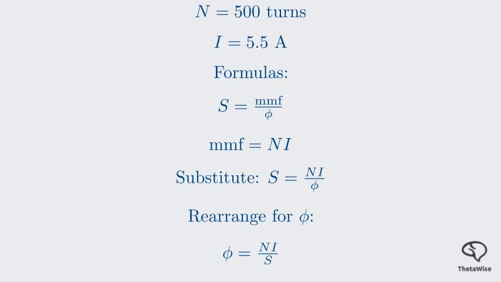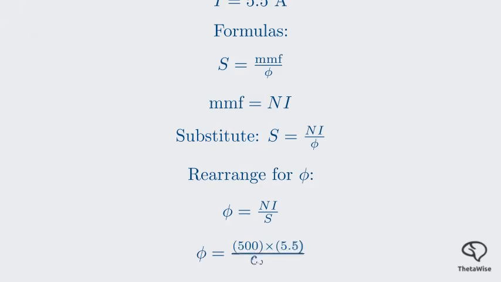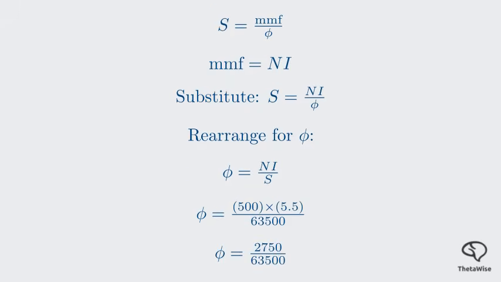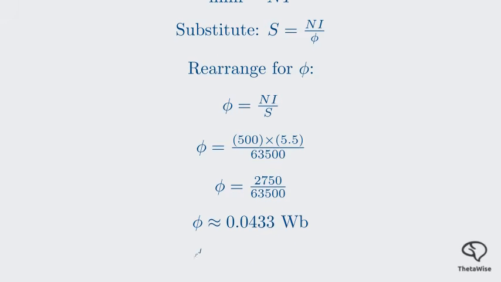Finally, we substitute our given values into this rearranged formula. Phi equals 500 times 5.5, all divided by 63,500. Calculating the numerator, 500 times 5.5 is 2,750. Dividing 2,750 by 63,500 gives us approximately